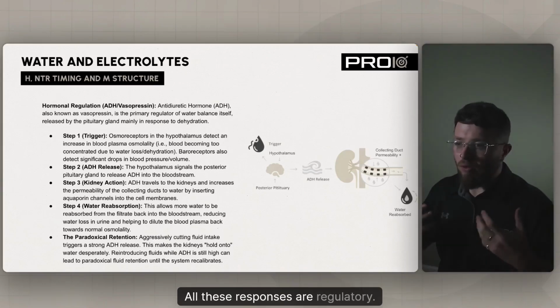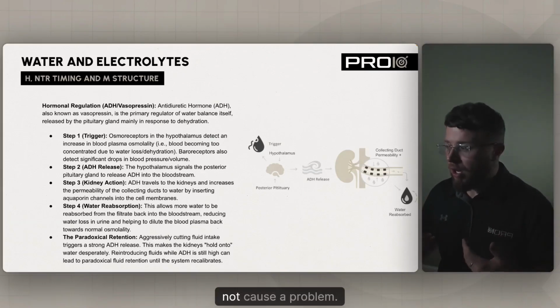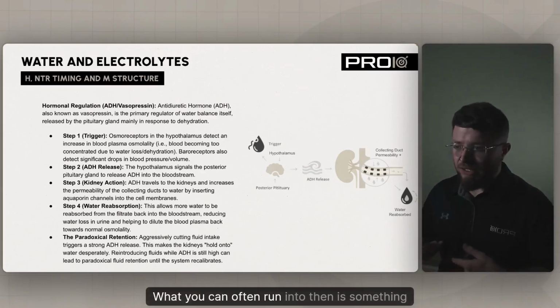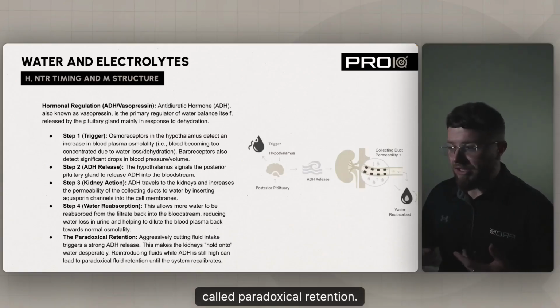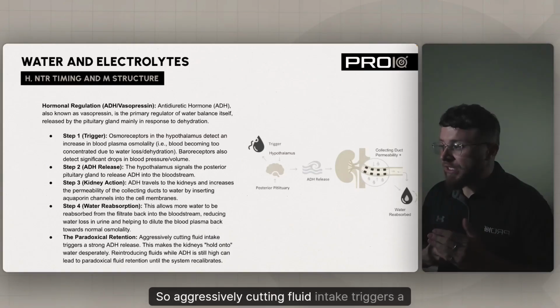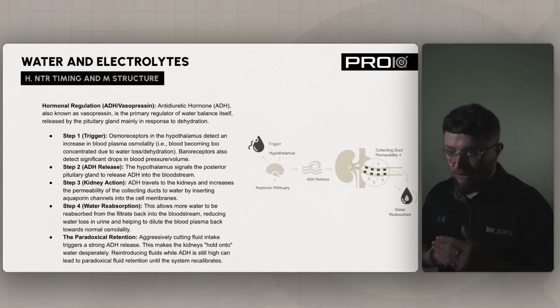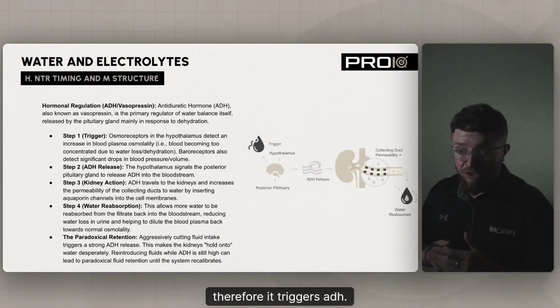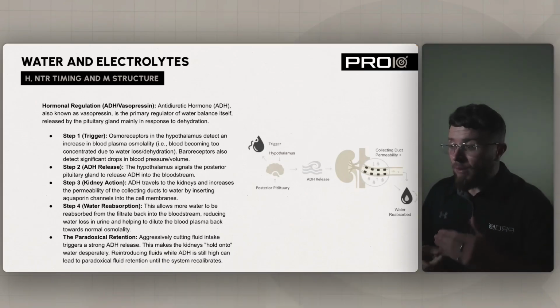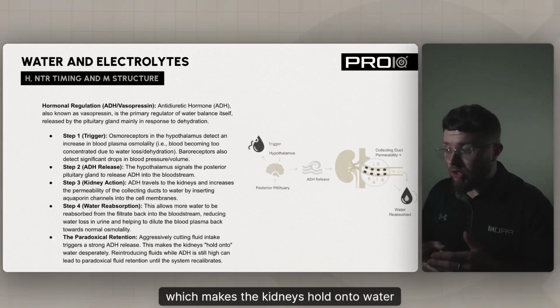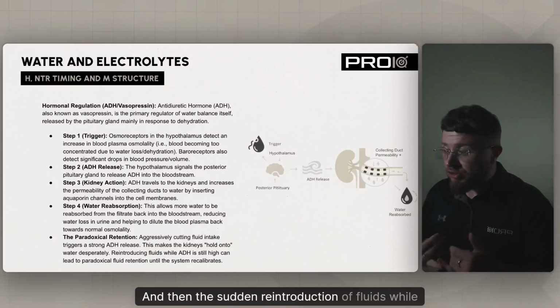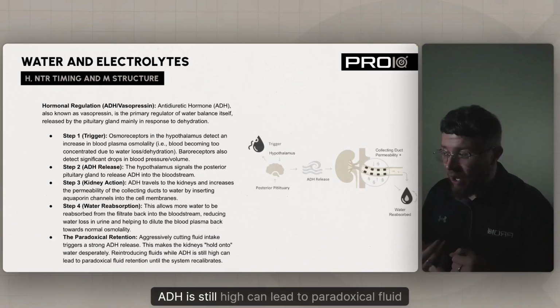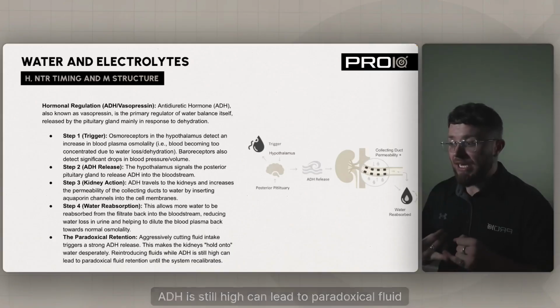All these responses are regulatory. They're trying to fix a problem, not cause a problem. What you can often run into then is something called paradoxical retention. Aggressively cutting fluid intake triggers a long ADH release. The body recognizes that loss of fluid, therefore it triggers ADH. It doesn't want to drive diuretic impact, which makes the kidneys hold on to water desperately. And then the sudden reintroduction of fluids while ADH is still high can lead to paradoxical fluid retention until the